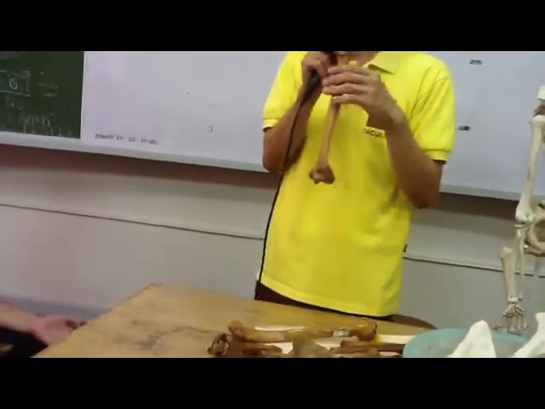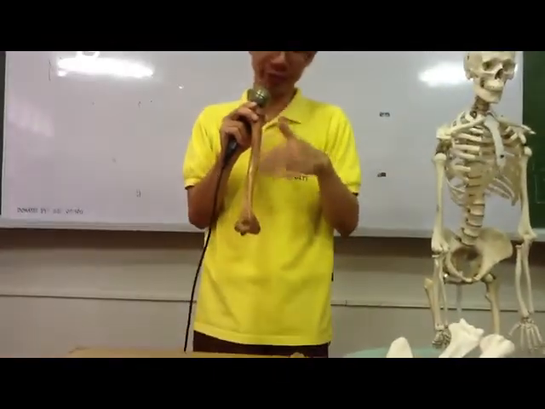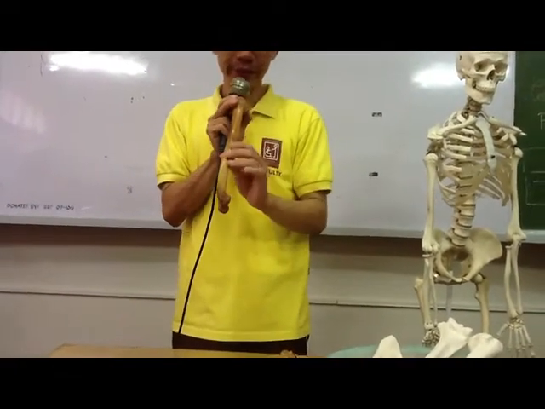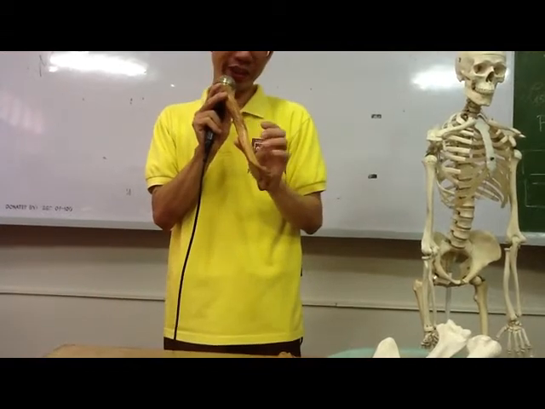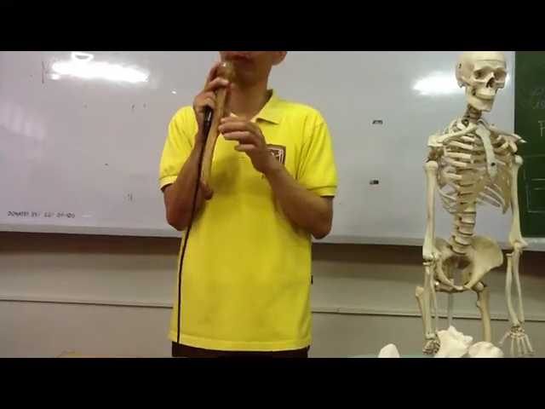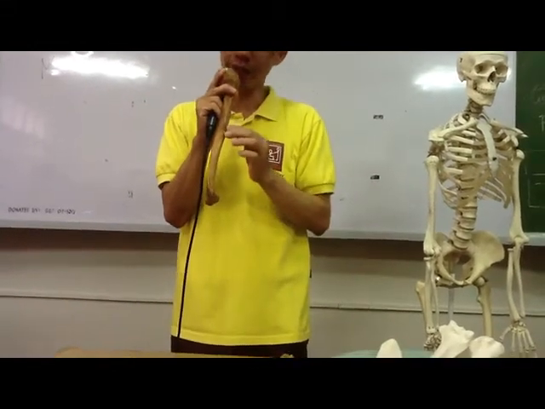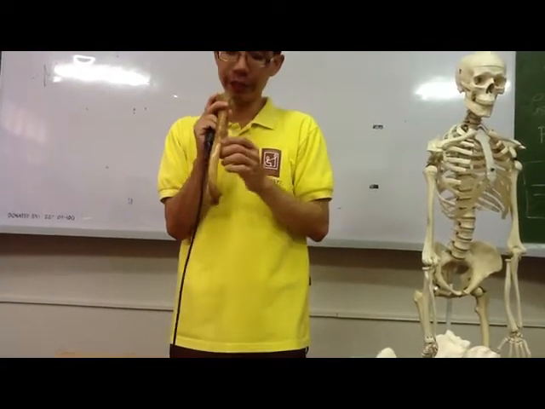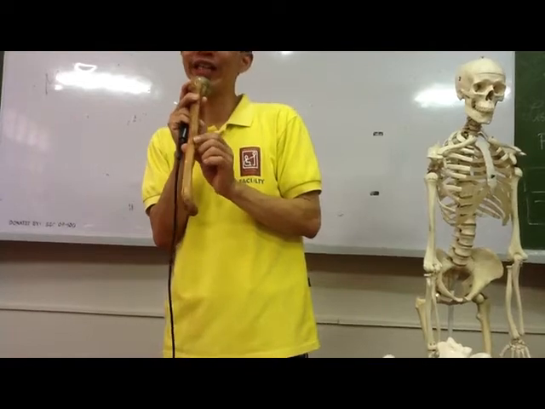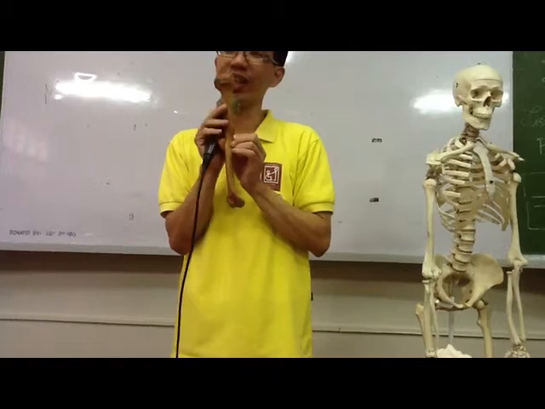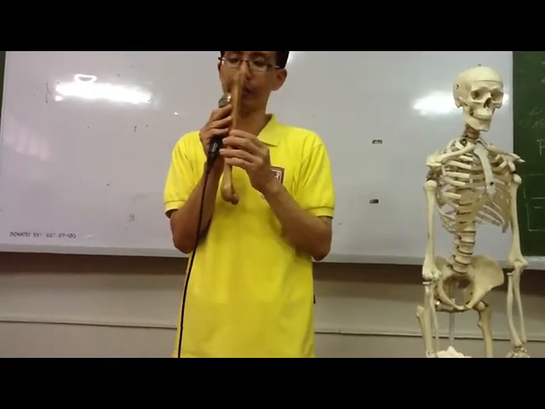You mentioned this in lecture: the radial or spiral groove. Then a little bit lateral to that, you now have your deltoid tuberosity, where your deltoid muscle would insert. It is more on the lateral side, and it protrudes on the lateral. So that would be your deltoid tuberosity, where your deltoid muscle will insert.